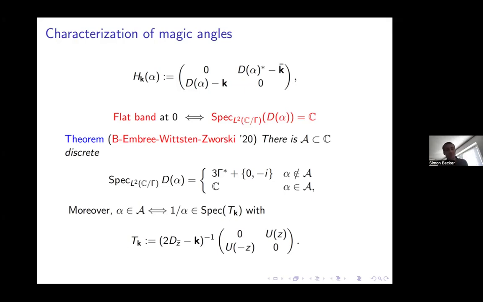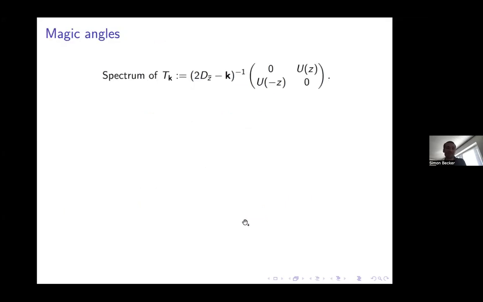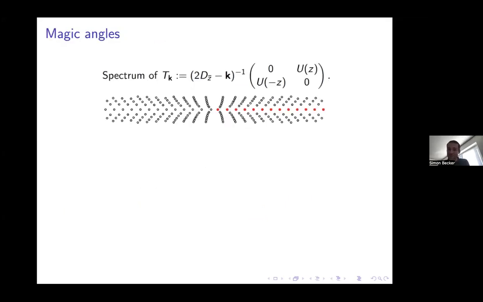And so now, to understand if there actually exist these magic angles, which we always saw in the movies, we would have to study this operator tk. Okay. So let me first try to illustrate what the spectrum of tk looks like. So tk is a compact operator, so I'm plotting now 1 over the spectrum of tk, right? This is the real axis, this is the imaginary axis, and the red dots here, they are the